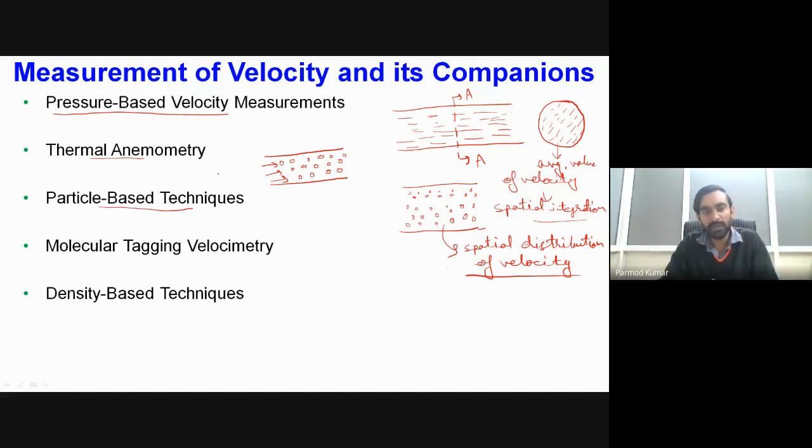Okay, so particularly that variation of density is actually captured with the help of optical techniques. While we will be doing these density based techniques over here, the main principle for obtaining the flow field will be based on the optical visualization of the flow field. So we will be having a certain setup where we will be employing some optical arrangement in order to visualize our flow field.